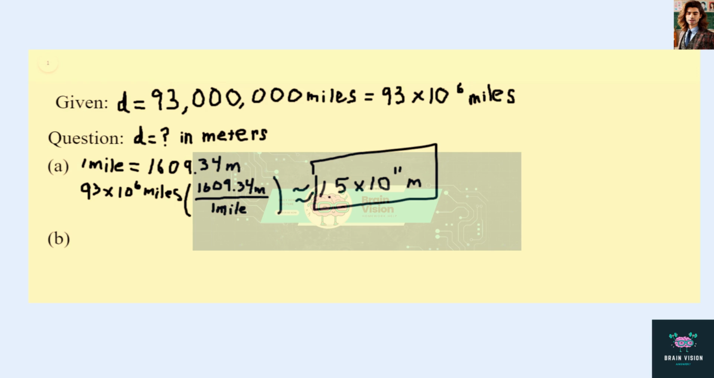Okay, so now for part B, we need to express this 1.5 times 10 to the 11 meters in terms of the prefixes that we were given in our table. One of the prefixes is giga. Giga is 10 to the 9. So we can write this 1.5 times 10 to the 11 meters